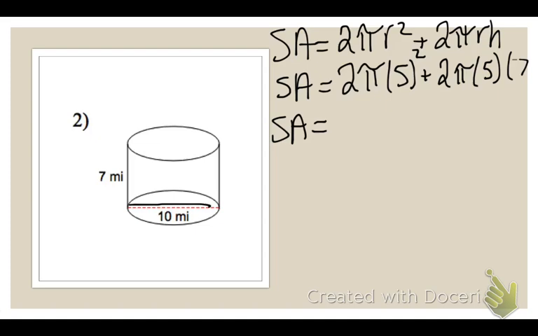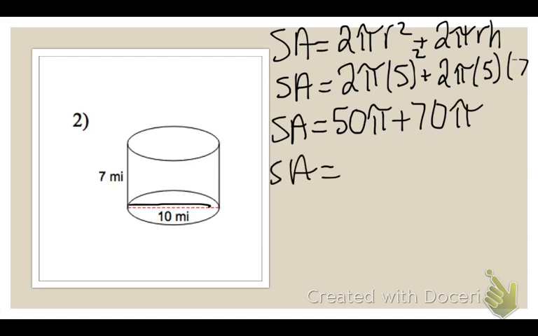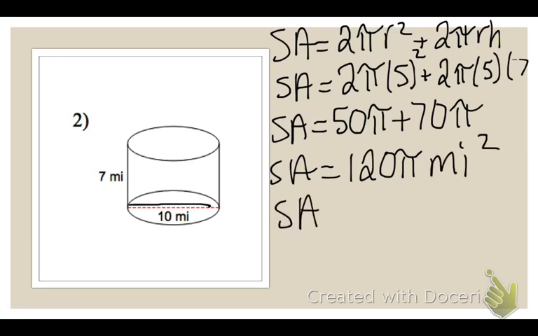You should know 5 squared is 25, and 2 times 25 is 50. So 50 pi plus 2 times 5 times 7. So 5 times 7 is 35, times 2 is 70, I'm pretty sure. Yep, so 50 pi plus 70 pi. So surface area equals 120 pi miles squared. And then lastly, surface area equals 120 times pi, and that gives me 376.99